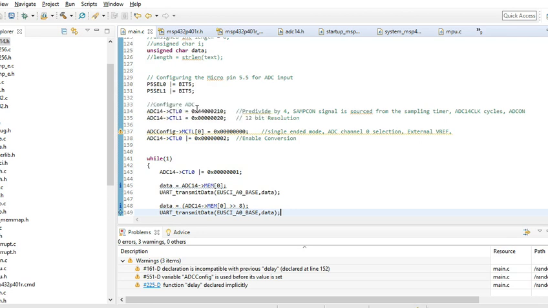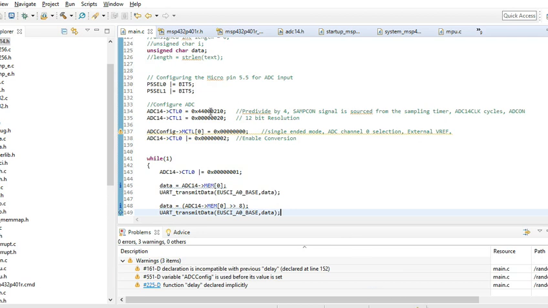So what is the major configuration that is required is whether you want to select a particular clock, or whether you want the sampling to happen through a specific timer, or the number of clock cycles that is required for conversion, and then actually enabling the ADC. So that is all done through control 0 here. You can just read through the reference manual. It is very easy to understand.